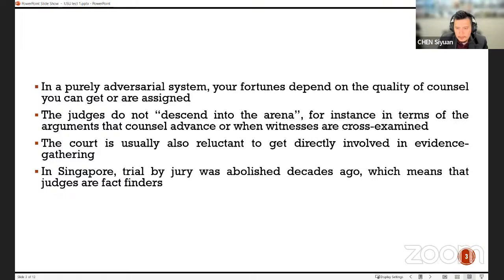The second difference, I suppose, is that because the judge is legally trained and has many years of experience, the judge is more likely to rely on ideas of discretion as opposed to the rules. And we see that a lot when it comes to matters relating to evidence. So what do I mean by that? If, let's say, the dispute in the Singapore courts is a contractual dispute or tort law dispute or criminal law dispute, in figuring out what the law is,